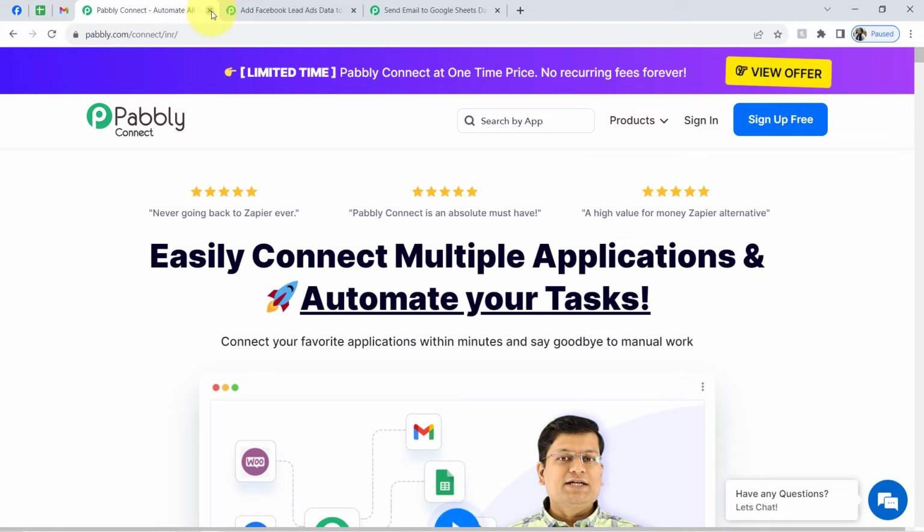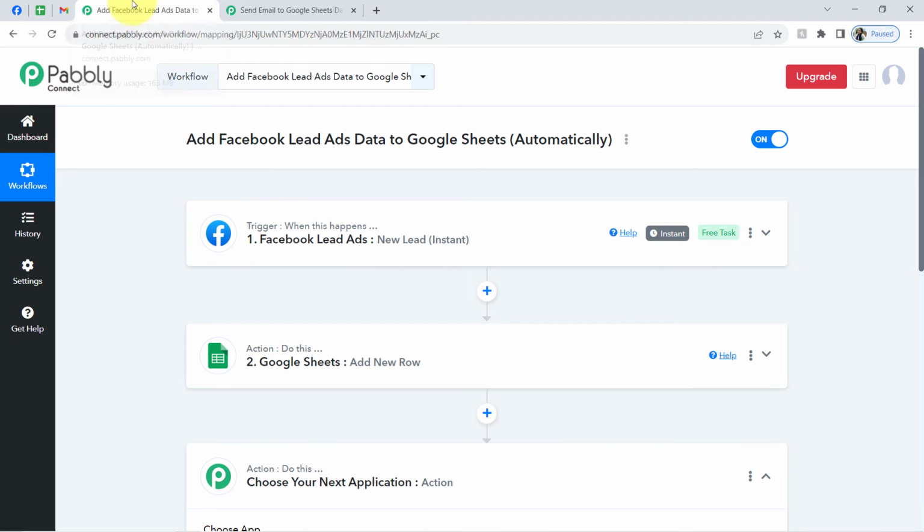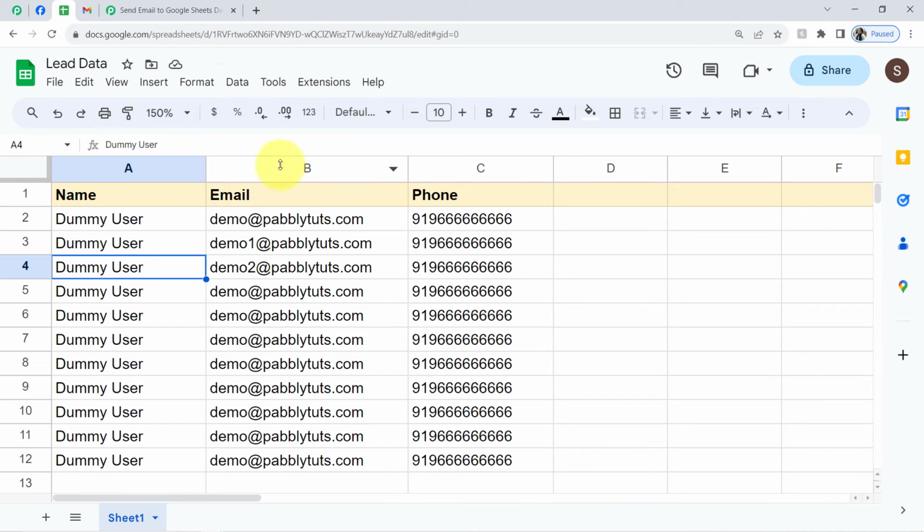So let me close this landing page for now, and I can also minimize this tab and take it to the extreme left. This is my spreadsheet whose data I would like to collect in Pabbly Connect, or we can say I want to send the email. So click on this